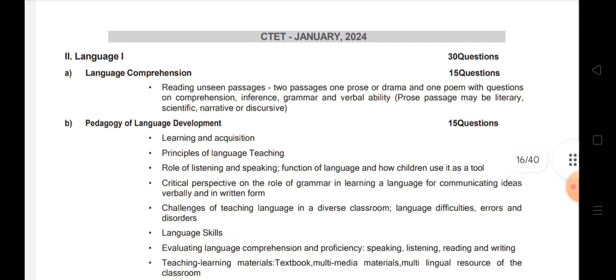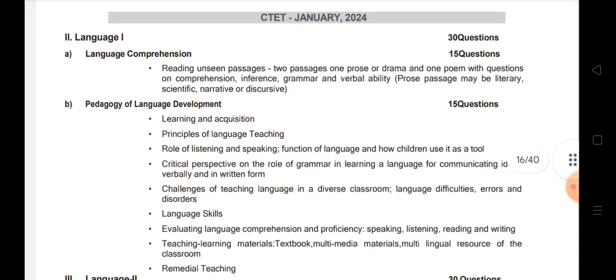Now let's come down to language 1. See, this is also quite similar to paper 2. So language 1, language comprehension. This English subject will come for how much? It will come for 30 marks. For language comprehension, I have already explained the techniques, how you have to read, what you have to do. Whenever you are writing or solving a comprehension, first of all try to read the questions, then only read the story they have given. So reading unseen passages, 2 passages, 1 prose or drama and 1 poem with questions on comprehension, inference,